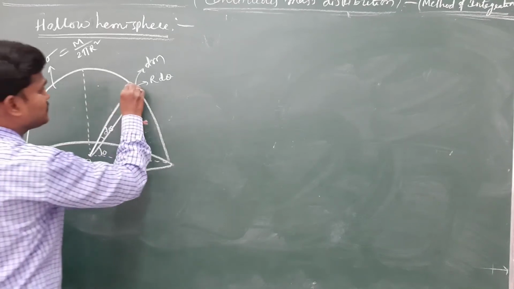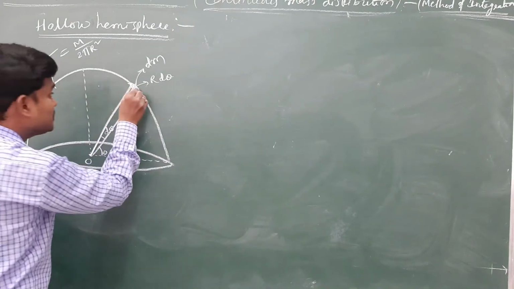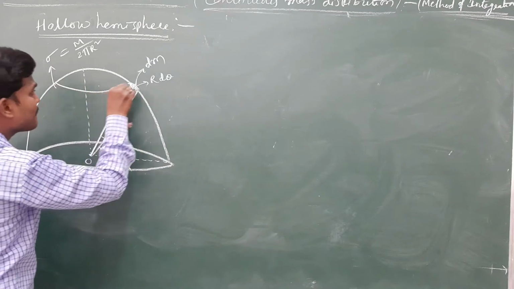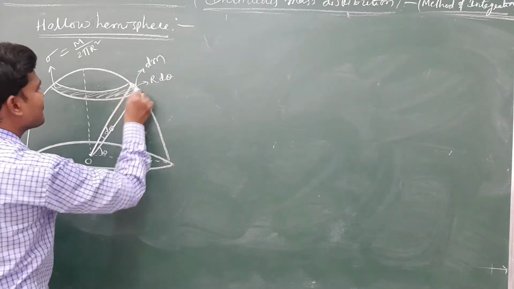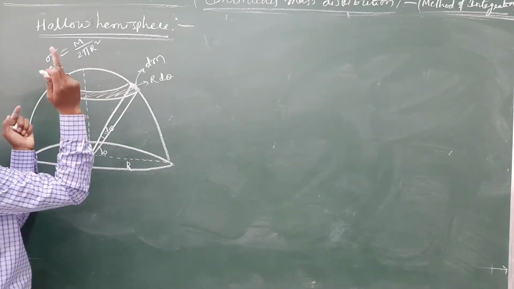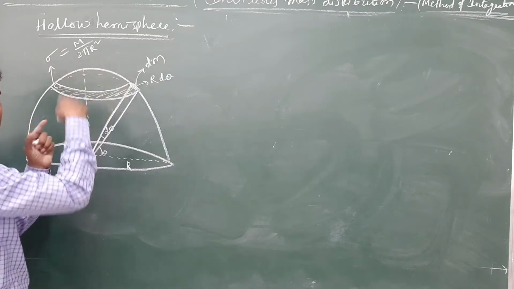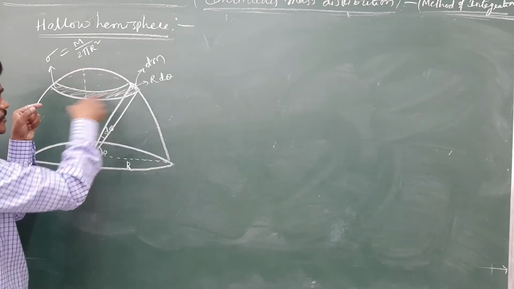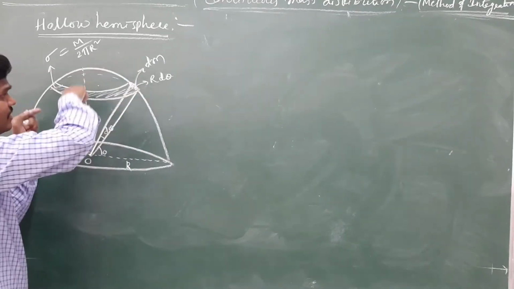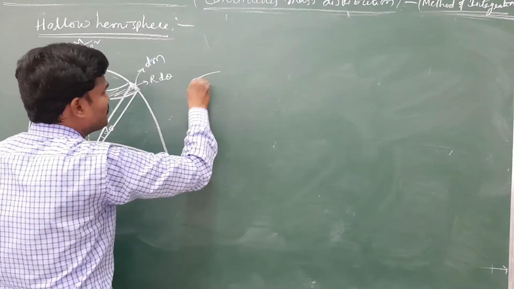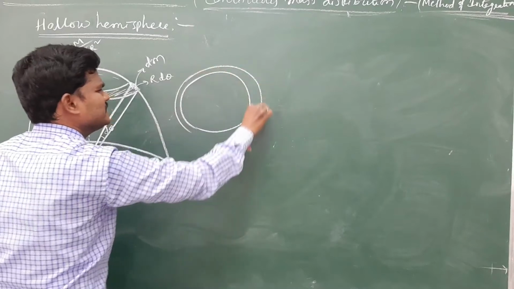Now take this part, and see this is a hemisphere, so this entire part will be covered like this. It means at this distance you take the same part. So the upper part almost looks like a circle. Just take this part outside. It is not like a line, it is like a circle. Imagine it in 3D. If you see from the top view, it looks like this.